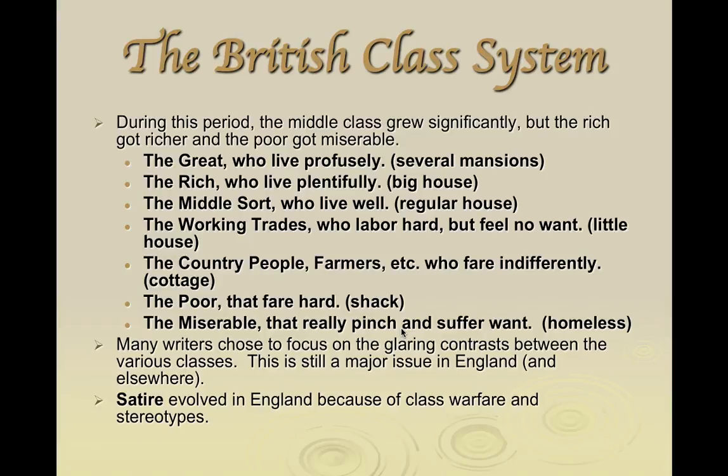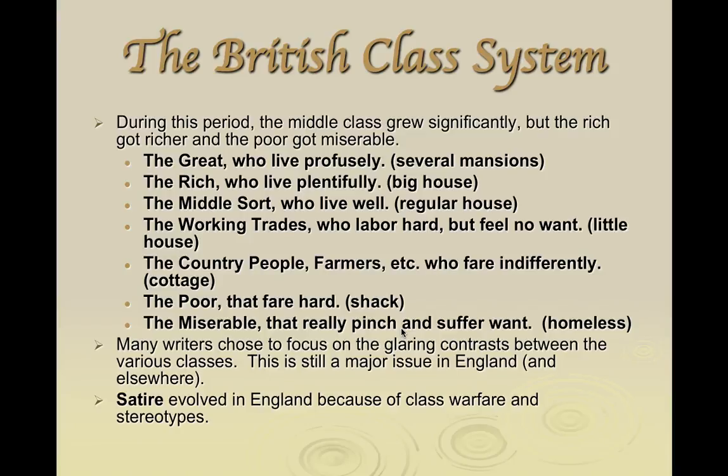But at this point, there was an economic system in Great Britain that was very similar to what we see happening in America today, in which a huge portion of the wealth in the country is concentrated among a very small number of people. And hundreds of millions of us share a much smaller amount. So anyway, in the bold text here, I've listed the classes according to Jonathan Swift.